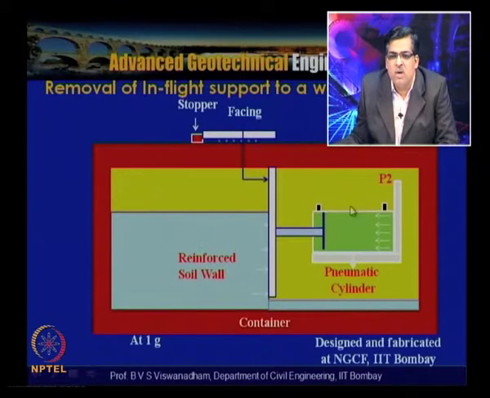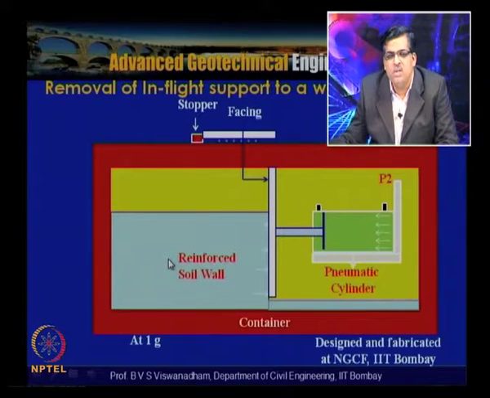Let us say that we have two ports, and one port allows us to put pressure here, and the other port allows us to put in pressure in the reverse direction. Let us assume that initially P2 is applied, and the wall is held from coming toward this side by restraining it with adequate force, and care has been taken that the wall will not move, by putting a mechanical stopper towards the soil wall being tested. So let us look into how this happens.